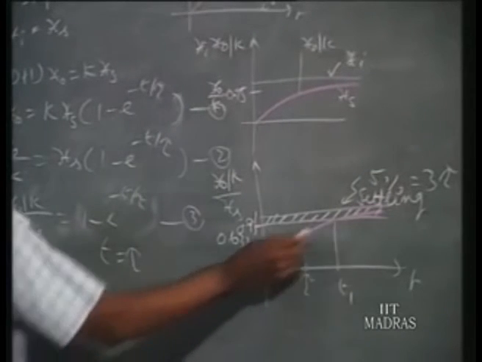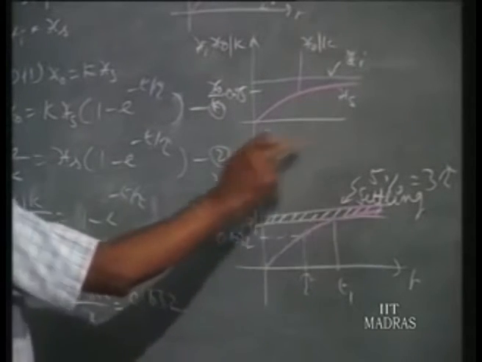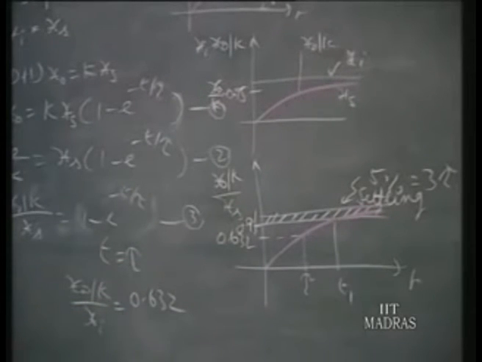When the instrument reaches 0.95 times the output value, or within 5% of the final value, we say the instrument has given the correct reading. There will be an error of plus or minus 0.5, and on the plus side it doesn't go, it is only minus error. This is what is happening.